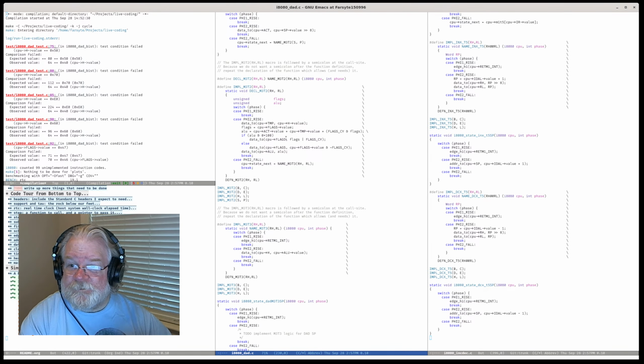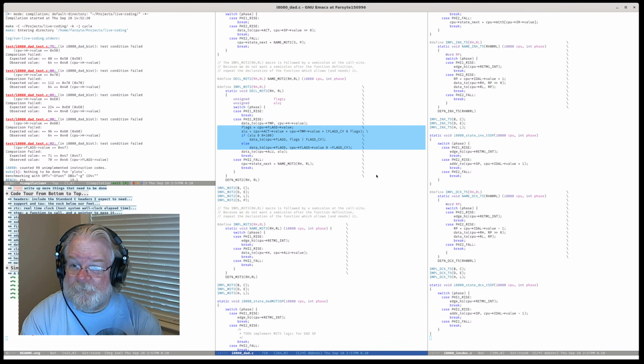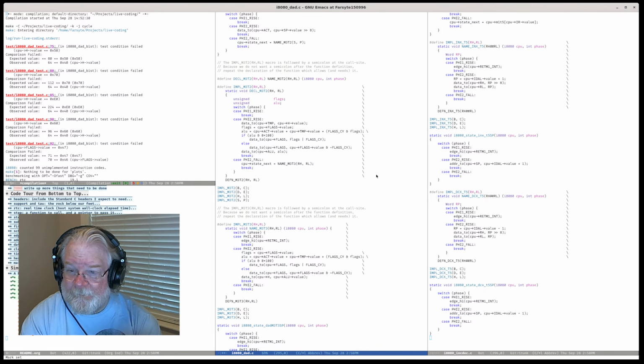So M3T2, again, we do not want to commit to flags here. That does mean that we need to grab this stuff, copy it down here.